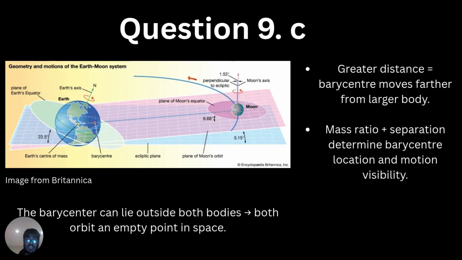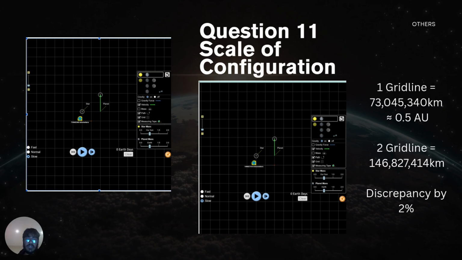Now, let's explore how to calibrate the distances using the simulation's measuring tape. One grid line corresponds to 73,045,340 kilometers, which is roughly 0.5 astronomical units. So two grid lines equaled roughly 1 astronomical unit, within 2% off from the official value of